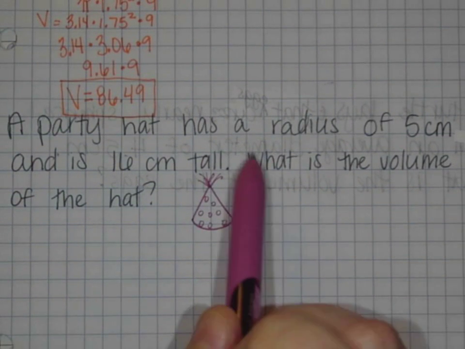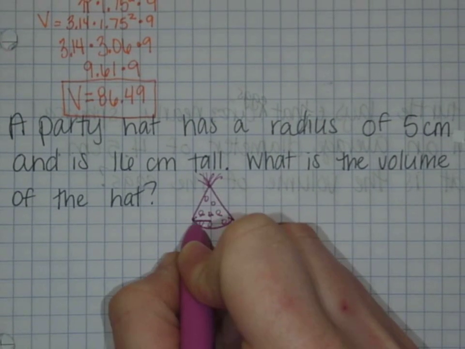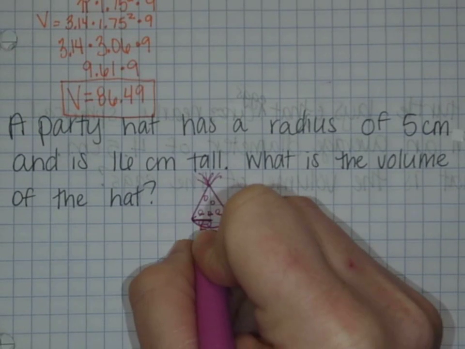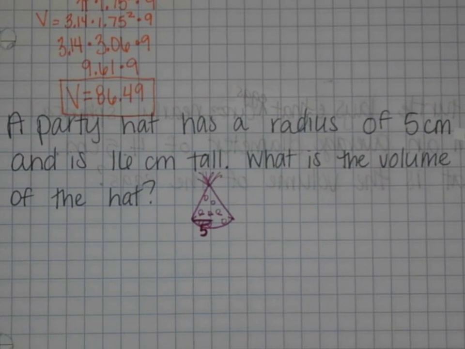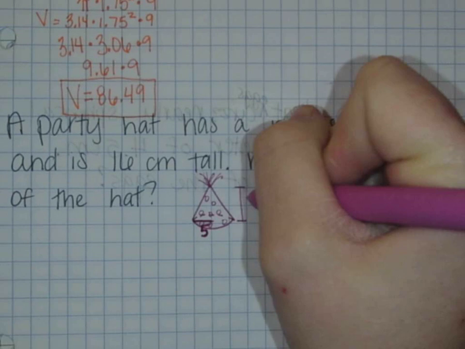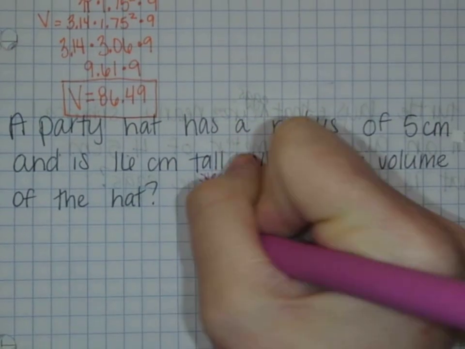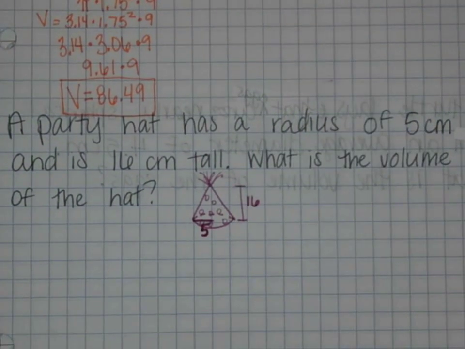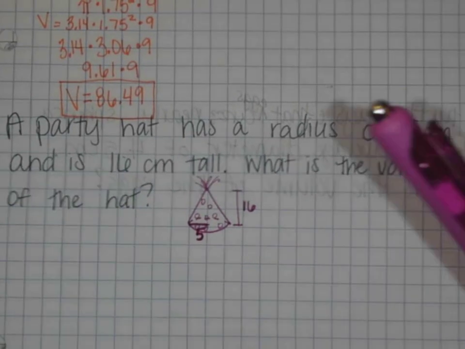Okay, so a party hat has a radius. So this one actually did give us the radius. A radius is halfway across, and that is 5. Hopefully you can see that well enough. And it is 16 inches tall. Oh, sorry, centimeters tall. So 5 and then 16. Okay, so we drew our picture, we labeled our parts, so that I'm going through these steps, but I didn't